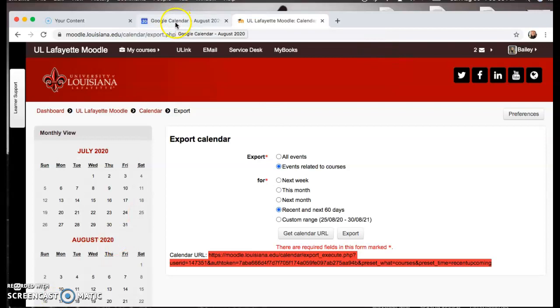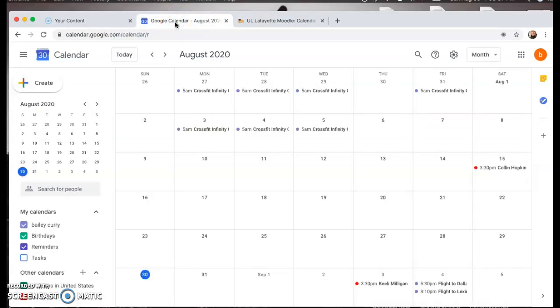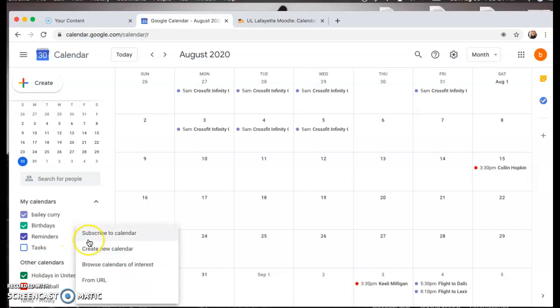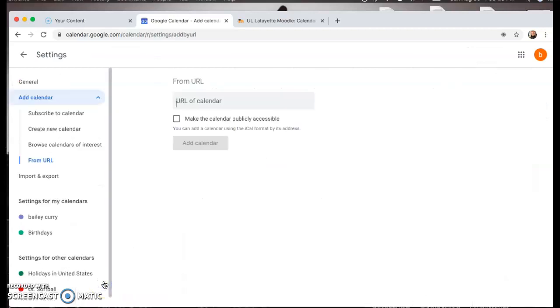So once we have copied that, we will then go back to the Google Calendar page, and you will see over here where it says My Calendars and has my name, birthdays, reminders, tasks, and then it says Other Calendars. And you can click on Add Other Calendars, and it says Subscribe to Calendar, Create New Calendar, Browse Calendars, From URL. Well, we have a URL, so we're going to click From URL,